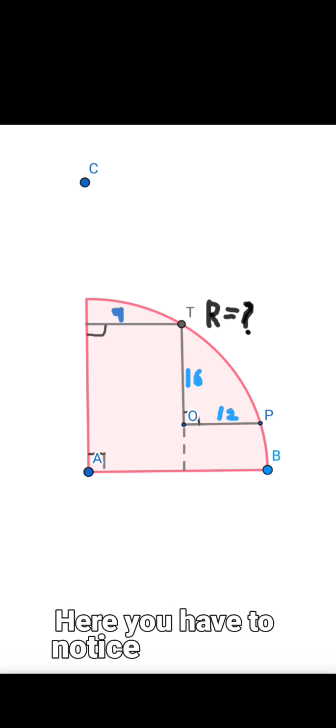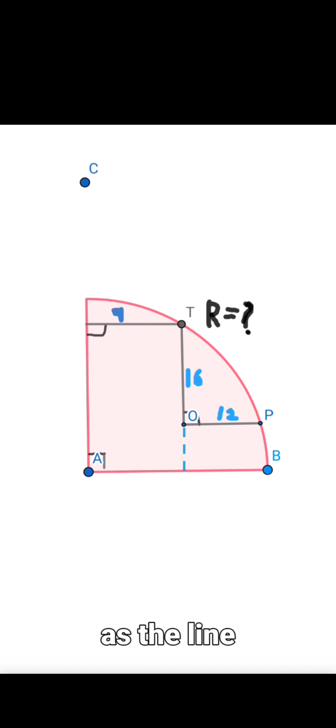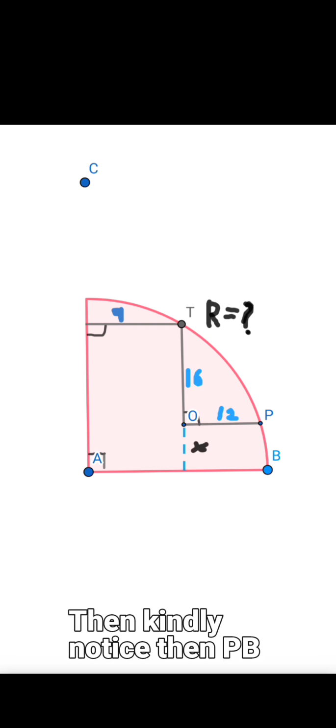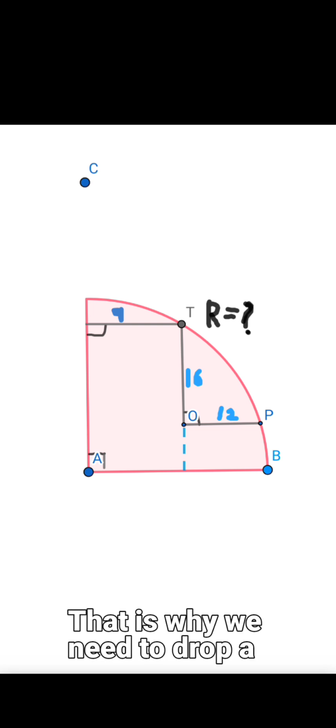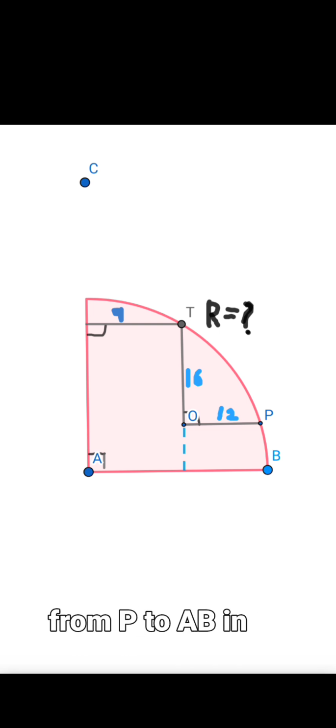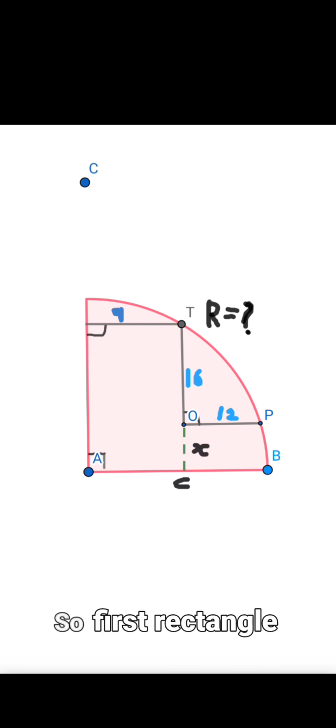Here you have to notice that if you consider PB as a line, then kindly notice that PB cannot be a straight line. It is an arc. That is why we need to drop a perpendicular from P to AB in order to get a line to complete the other rectangle. So the first rectangle we got is